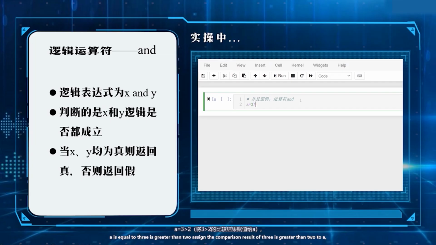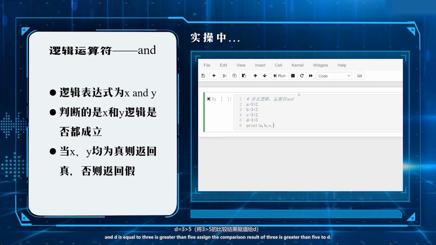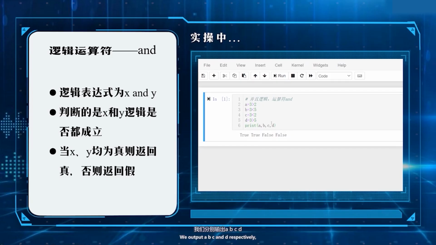than 2. Assign the comparison result of 3 is greater than 2 to a. B is equal to 3 is less than 5. Assign the comparison result of 3 is less than 5 to b. C is equal to 3 is less than 2. Assign the comparison result of 3 is less than 2 to c. And d is equal to 3 is greater than 5. Assign the comparison result of 3 is greater than 5 to d. We output a, b, c, and d respectively, and can see that the returned results are true, true, false, and